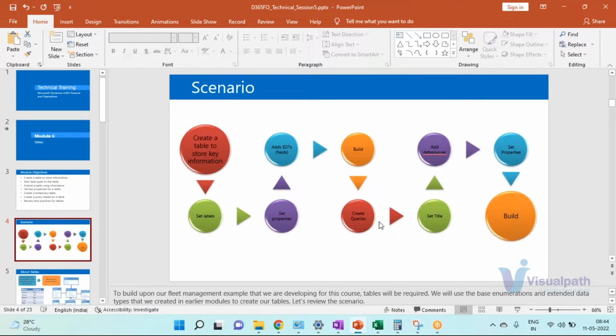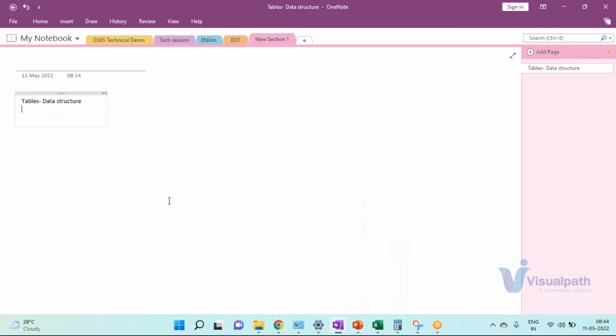So these are the two data structures which we use mostly on a day-to-day basis, which are our tables and queries. So as I explained, let me demonstrate. We have our table, which is our simple data structure, and then we have our queries, where we store data from different tables based on our defined